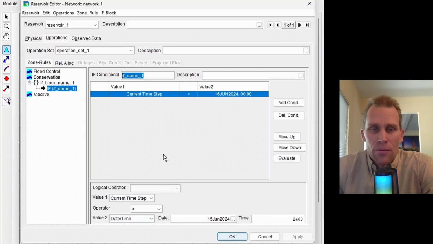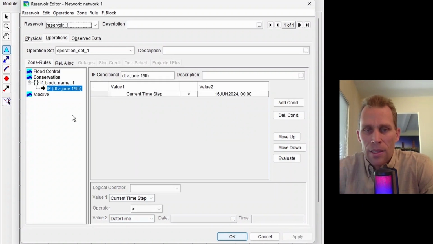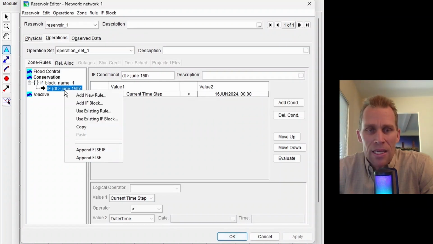If that's my case, I could rename the if statement to be a little more meaningful. I could just say date time greater than June 15th, something like that. And then when I click apply, it updates over here in the zone tree so I can quickly remember what it is. And now that I have an if block and an if statement created, I can right click